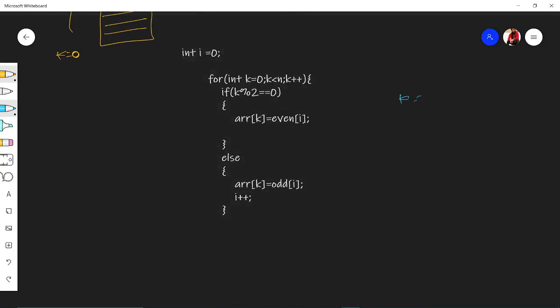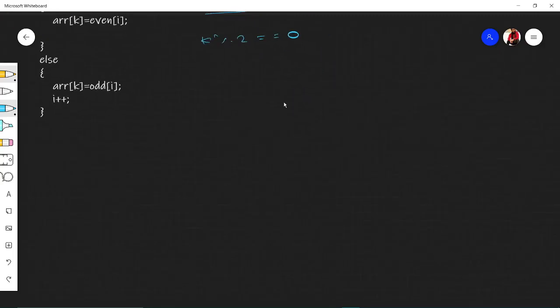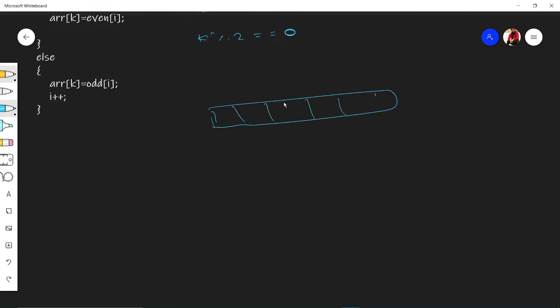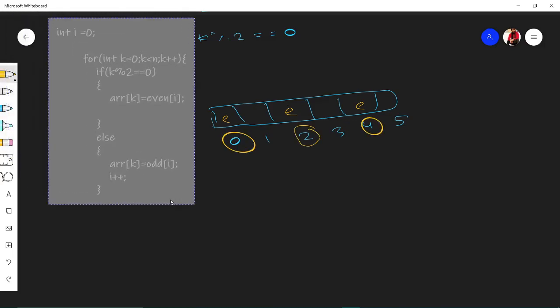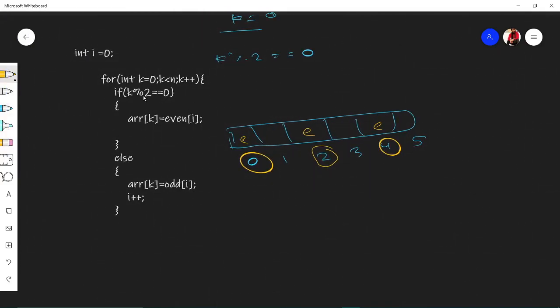this k equals to 0 thing. This is checking our iterator. I'll just draw an array and you'll get a better idea what this is checking. These are the indices in which we need to fill. So what was our question? Fill even numbers on even indices. So first you need to get the idea of the index, on which index we are currently talking about. Last time we were doing this modulus 2 thing for our digit. This time we are doing this modulus 2 thing for our indexes.